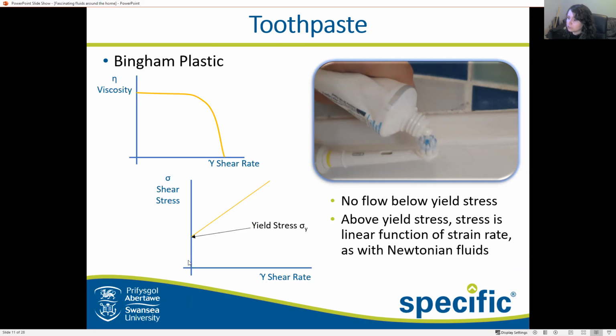And this can also be seen here, where there's absolutely nothing until you reach that critical shear stress. So this shear stress isn't defined here as it's different for whatever toothpaste you use, as they all have different components. But if I were to demonstrate this,